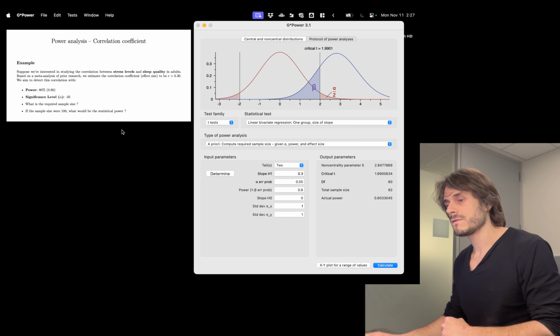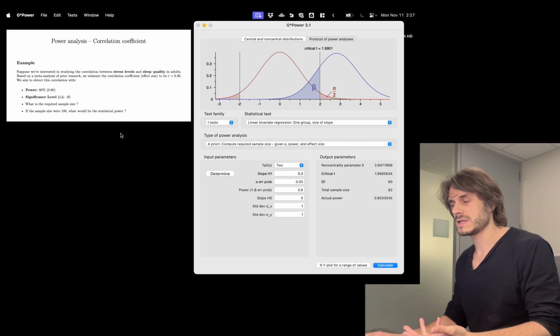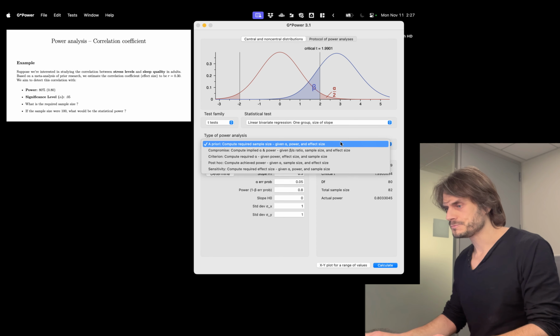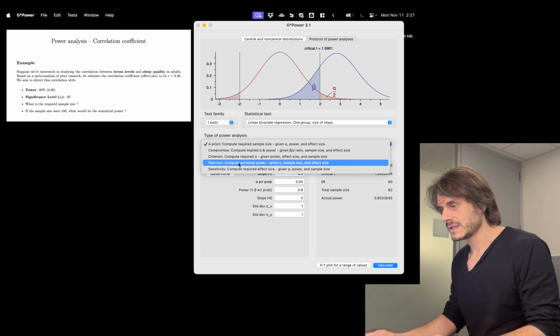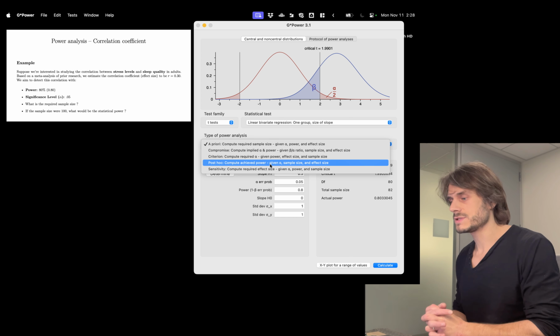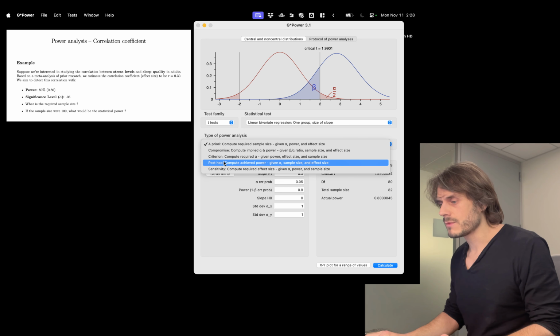Now, if we want to solve for statistical power knowing sample size, so let's say we know that we would study that we would have about 100 participants, and we want to know if that's enough statistical power. What I would do is select instead here compute achieved power given alpha, sample size, and effect size. And as you can see, you can solve for different things. So if you want to solve for an alpha threshold, or if you want to solve for a required effect size, that's also possible. So here what I'm going to do is a post-hoc